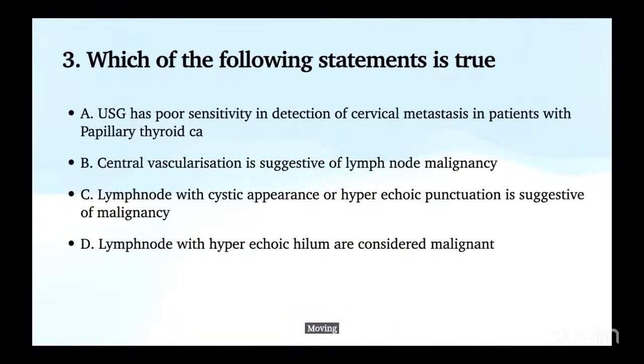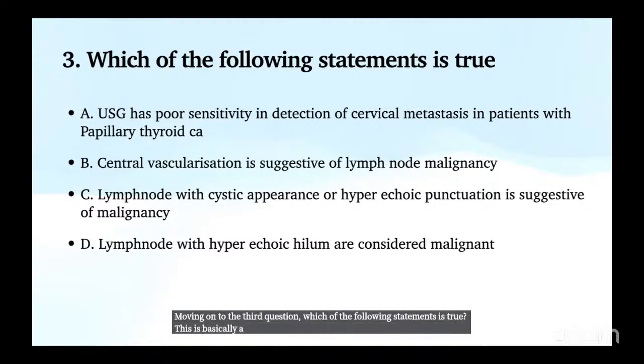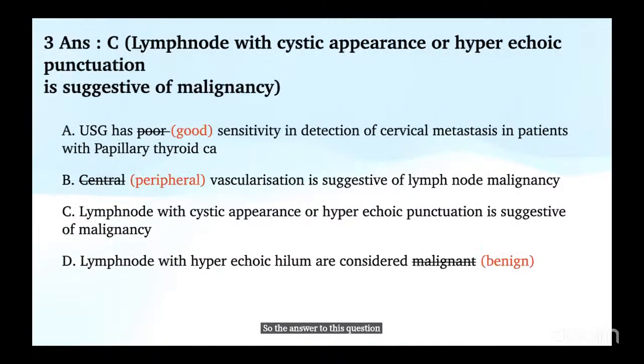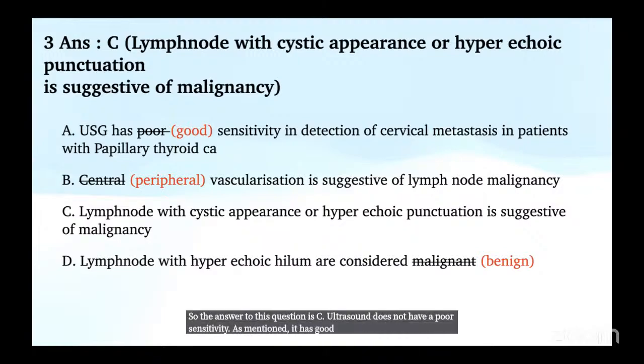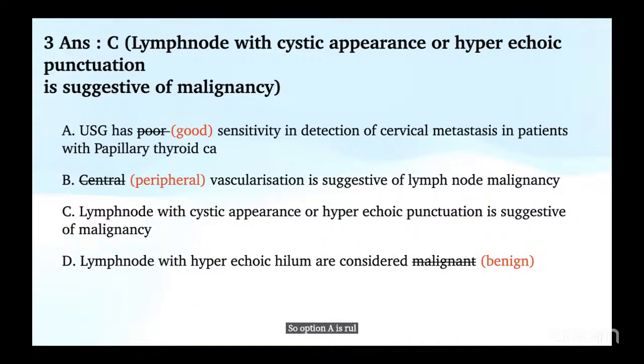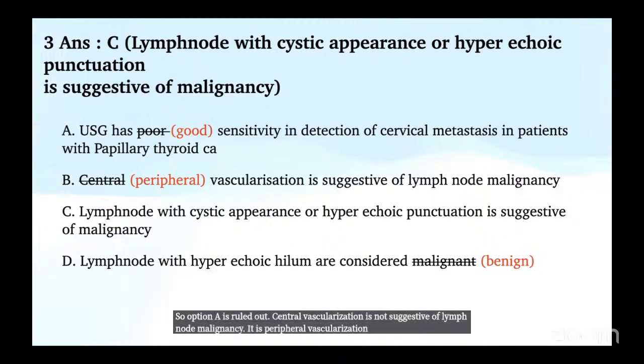Moving on to the third question, which of the following statements is true? This is basically a question on ultrasound and its ability to detect malignancy. So the answer to this question is C. Ultrasound does not have a poor sensitivity as mentioned. It has good sensitivity. So option A is ruled out. Central vascularization is not suggestive of lymph node malignancy. It is peripheral vascularization. And coming to option D, lymph node with hyperechoic hilum are generally considered benign. So the correct answer here, the true statement is lymph node with cystic appearance or hyperechoic punctation is suggestive of